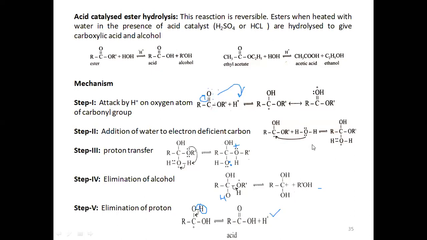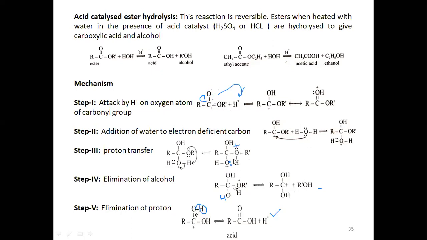Now write this structure here for the third step. Now all we have to do is eliminate alcohol. So there is only R dash O. We need H here on this oxygen. So this oxygen will take up this proton by shifting this bonded pair of electrons onto the oxygen. So oxygen gets back its 2 lone pairs of electrons. Since one of the lone pairs is involved in bonding with hydrogen, it will get a positive charge here.